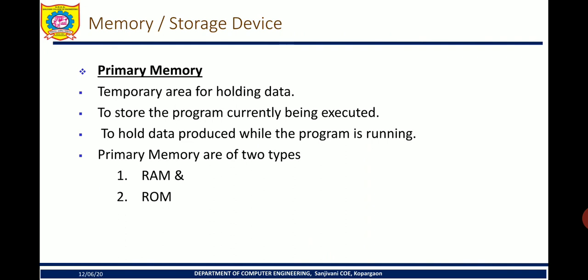In primary memory there is ROM and RAM. Full form of RAM is random access memory, and for ROM it is read only memory. Very correct. Here RAM is very volatile. As soon as the power goes off, that is, if there is no power given to RAM, the contents of RAM will be flushed, meaning it will vanish.